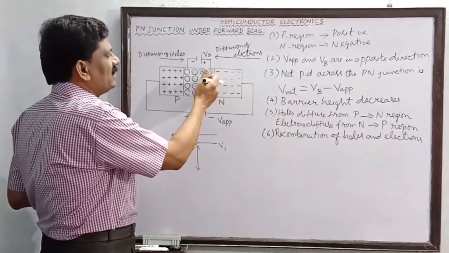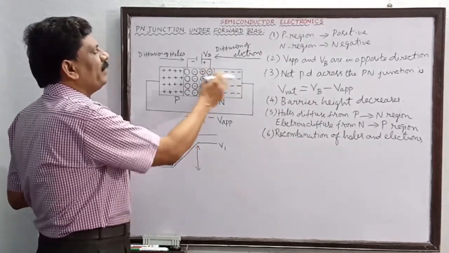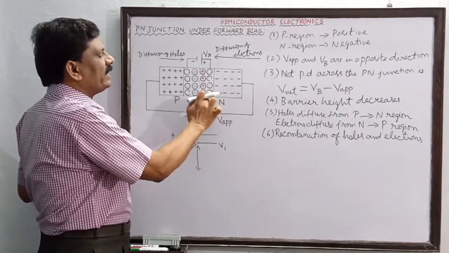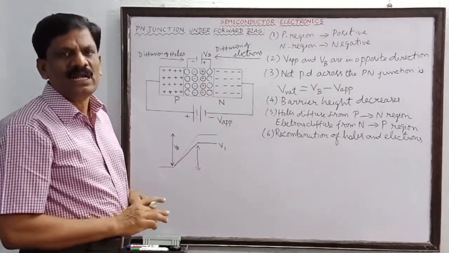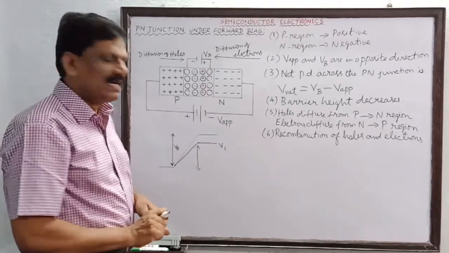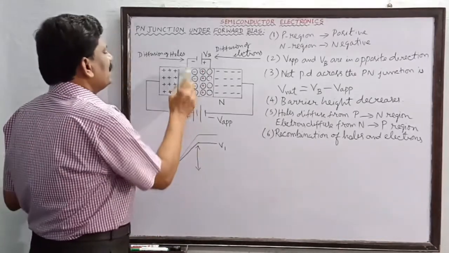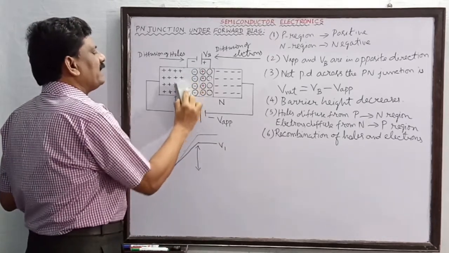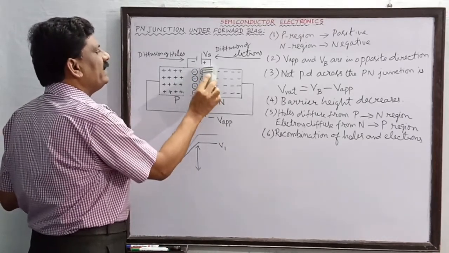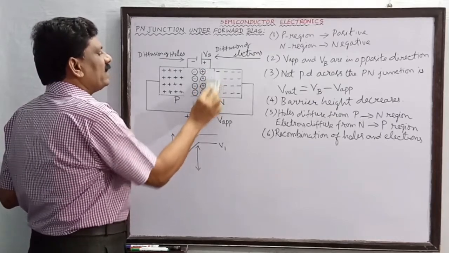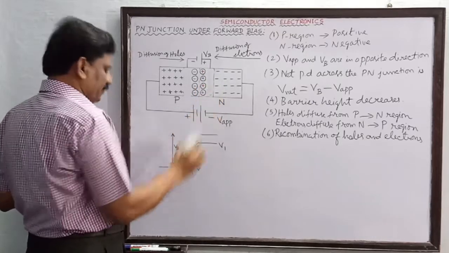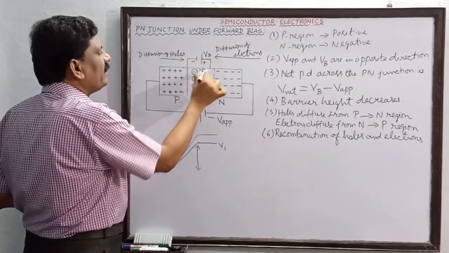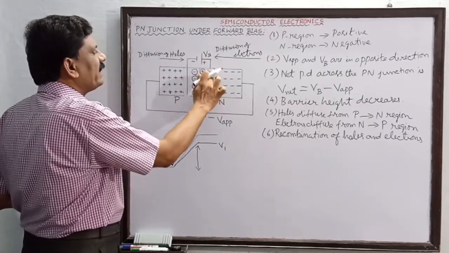Similarly, when these electrons enter into the depletion region, they will be picked up by the immobile ions and they will be neutralized. They will become neutral atoms. Understand, students? As a result, what will happen? The number of immobile ions present in the depletion region will decrease, so the width of the depletion region decreases. Now you will see that the width of the depletion region has decreased.